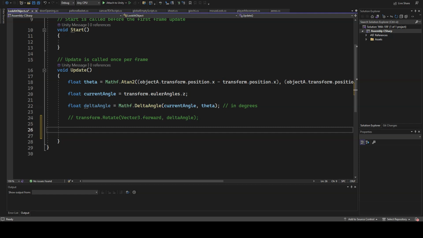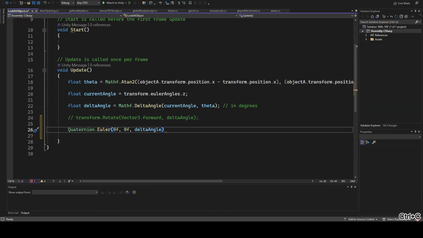The second point is not that complicated either. Given an initial orientation expressed in quaternions, the quaternion that expresses the target orientation obtained by rotating the initial one is given by the product of the initial orientation and the rotation to be performed. The rotation to be performed in our script is deltaAngle, which is expressed in degrees though. We need it to be expressed as a quaternion. Fortunately, the Euler function of the Quaternion class is just what we need.